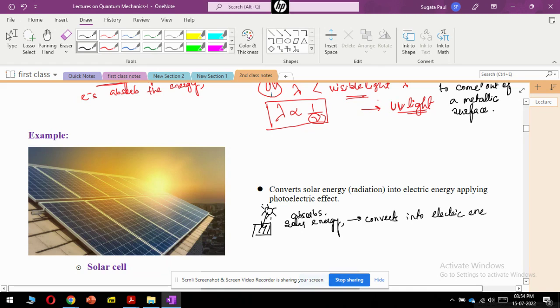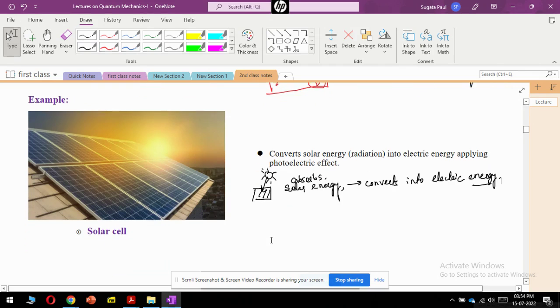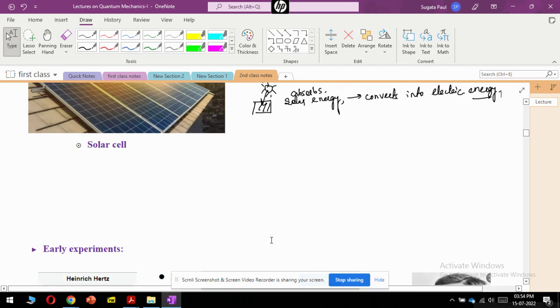Okay, so this is the simplest idea. We are all already familiar with solar panels, solar cells, that they take the solar energy and convert that into electric energy, and that is used in many of the electric appliances of our everyday use. So this is basically the simplest application that the photoelectric effect can have in our daily lives. Now